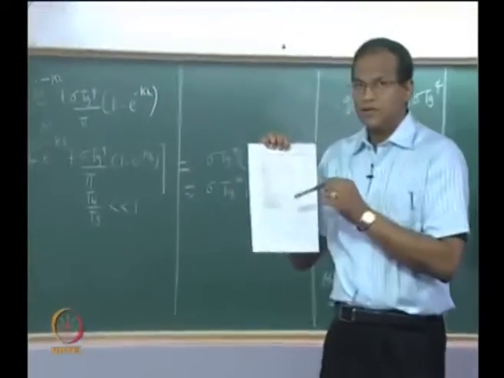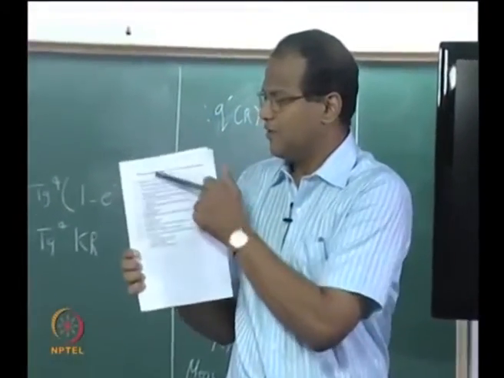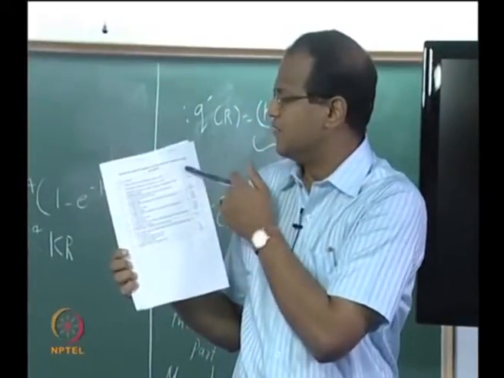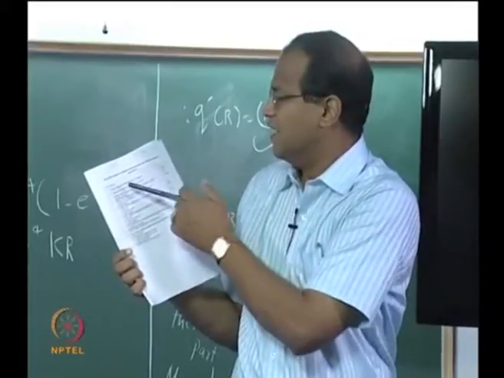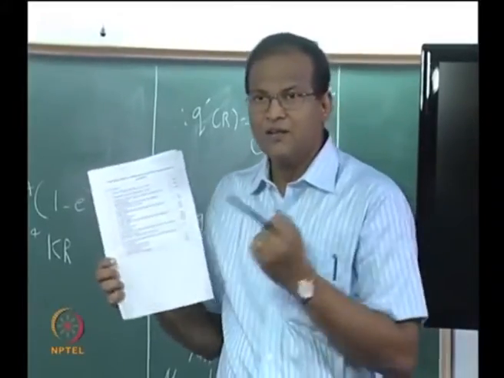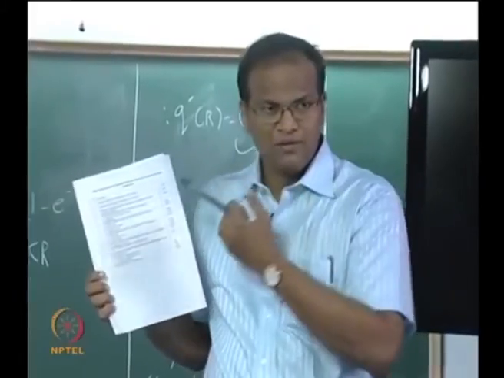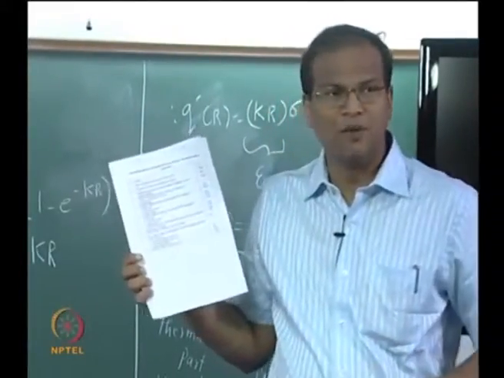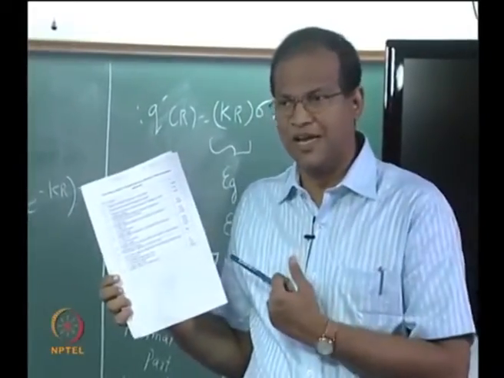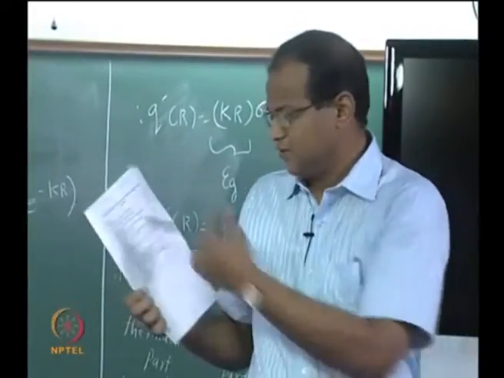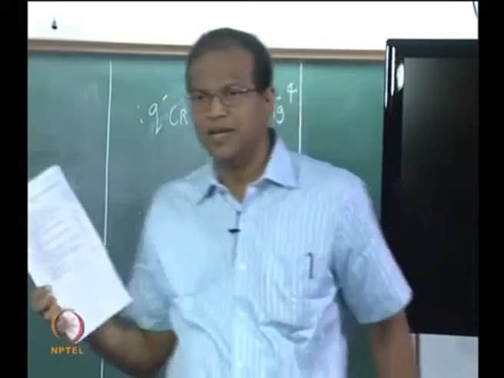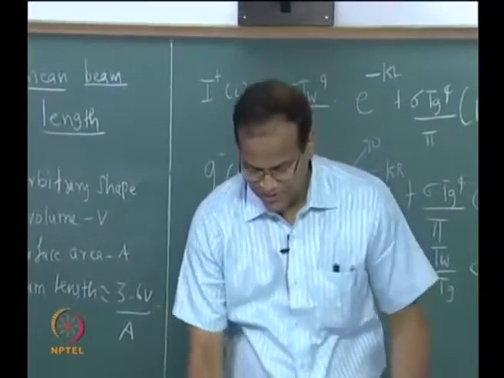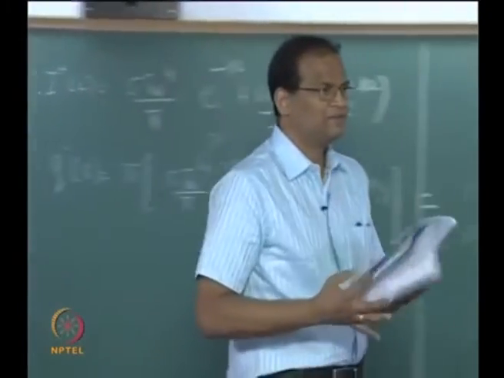Okay, so the mean beam length for various geometries: serial number, geometry. Sphere of diameter d radiating to the inside surface, 0.65 d. Hemisphere, 0.5 d, correct? We worked out the hemisphere in today's class, it is R, it is 0.5 d. Then between 2 parallel plates, look at serial number 7, it is 1.8 L. For an arbitrary shape, 3.6 V by A. So with mean beam length you can proceed.